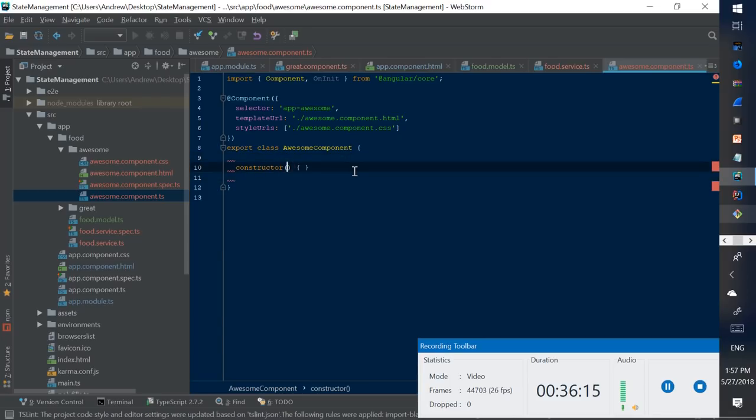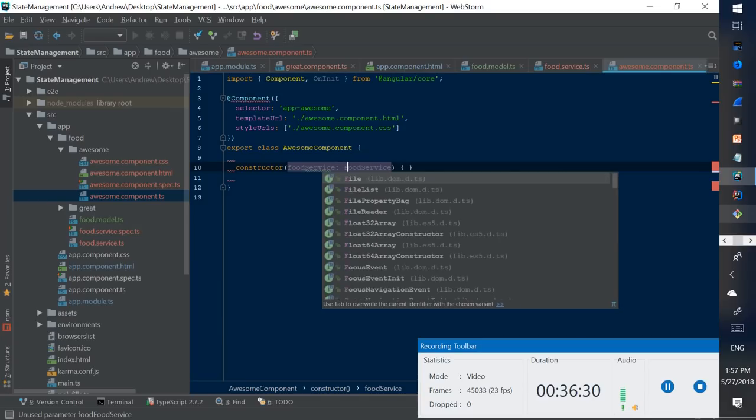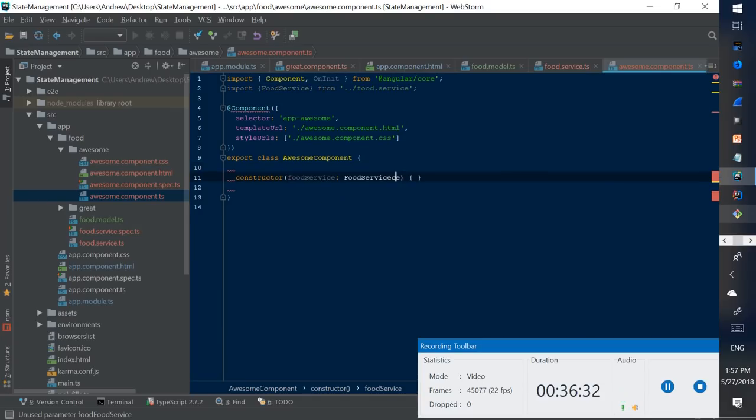So it's a food service. That's the type. I'm used to Java, so the type goes after the variable name. So food service of type food service. And remember to use the access modifier to provide proper dependency injection. So now,